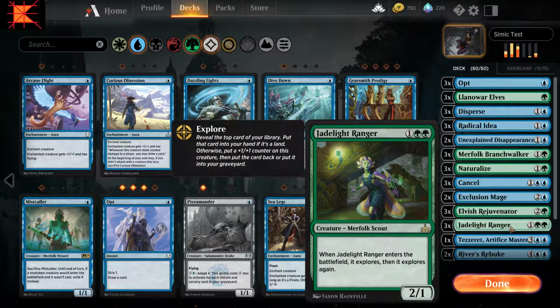Next we have Jadelight Ranger, solid in any green deck. This is one of the things I keep forgetting to mention about this card that's really nice. Yes, it's a 3-cost 2/1 Merfolk Scout, and when it enters the battlefield, it explores, then it explores again. That's where you reveal the top card of your library, put that card into your hand if it's a land. Otherwise, you put a +1/+1 counter on this creature, then put the card back or put it into your